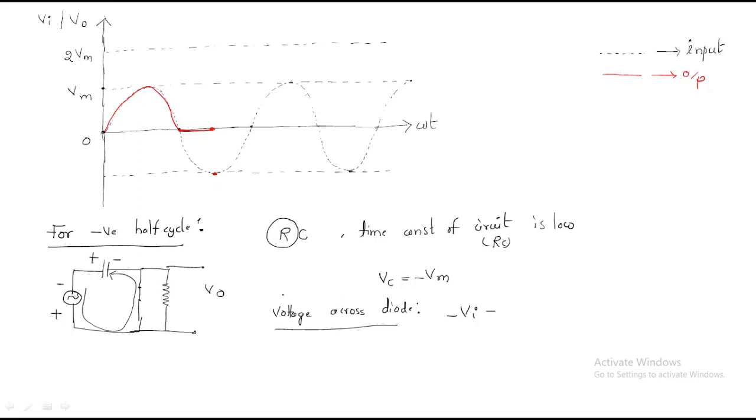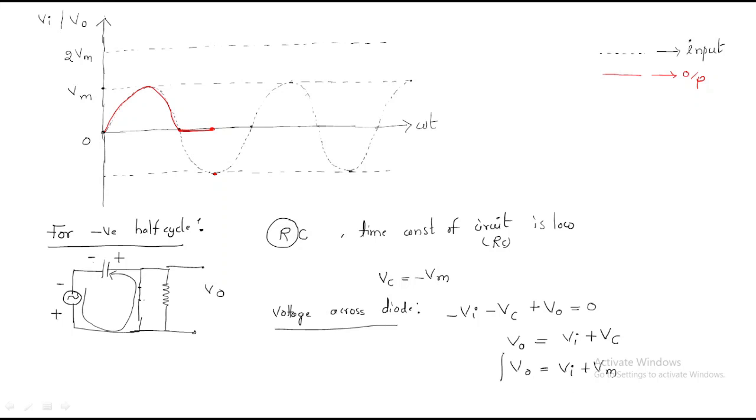The capacitor charges. So the symbol is reversed because the capacitor is charging through this path, this becomes plus and this becomes minus. So minus Vc plus V0 equals 0. Then V0 is nothing but the voltage across the diode and the voltage across the load, both are the same. Then Vi plus Vc means V0 equals what? Vi becomes Vm. But what is the Vm value? Vm value is always positive.